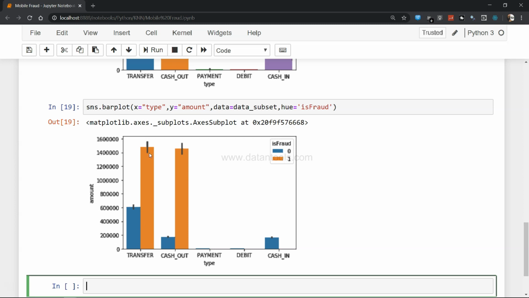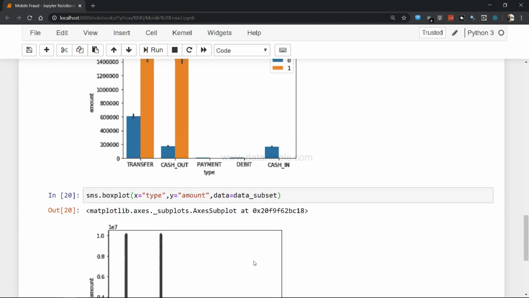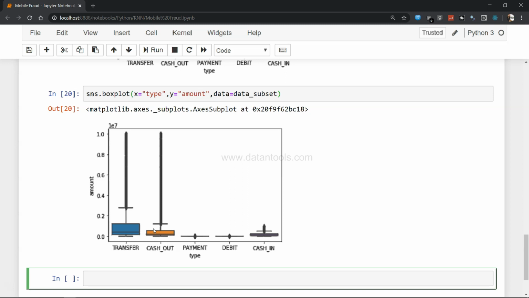So you will see that in most of, or in these two cases mostly, the fraud has really happened in case of transfer and in case of the cash out. All right. Now let's see its distribution as well. So I will use the box plot to get the distribution, and I will say x equals to type and y equals to amount, and then data equals to data_subset. So if I execute that, you will see only in these two cases we have lots